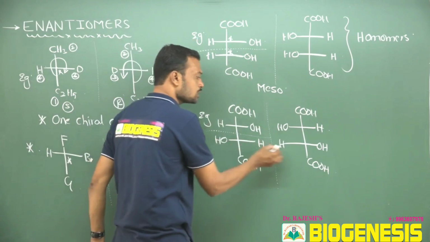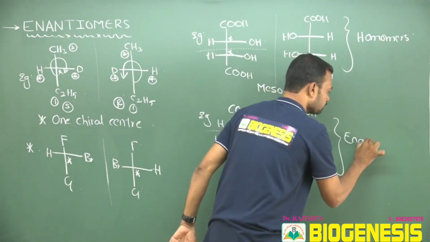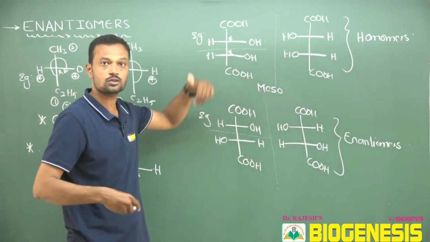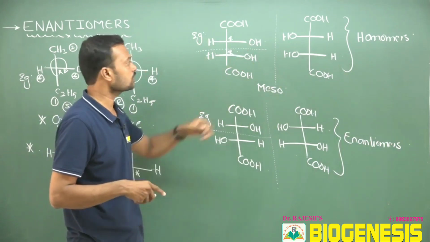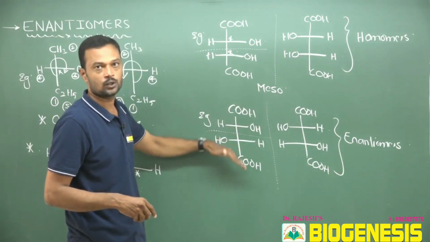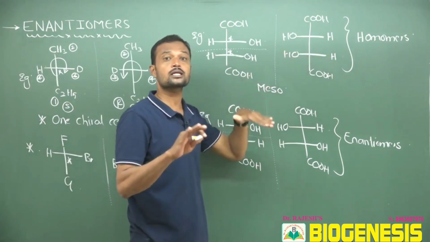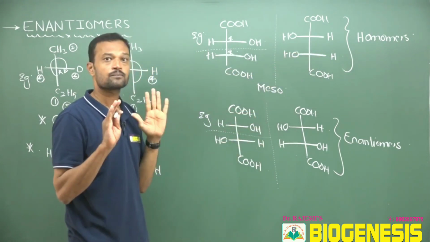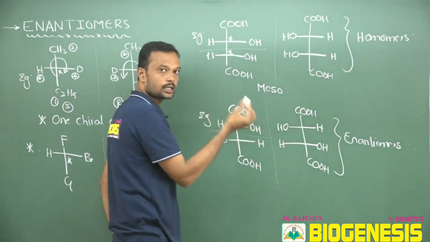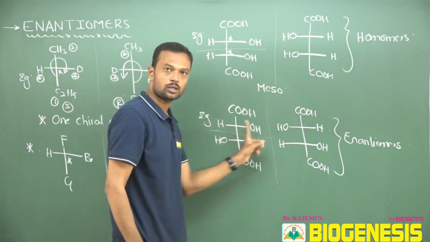What I am saying is, it is a mirror image, it is also a mirror image, and it looks completely like enantiomers, but they are not enantiomers. So what is the difference? Observe the symmetry present in this molecule. In this molecule, a plane of symmetry is there within the molecule, but here there is no plane of symmetry. So if any molecule carries a plane of symmetry, its image should not be taken as an enantiomer; its image is taken as completely homomeric in nature. So these two are homomers, identical isomers, meso. So blindly remember, meso image is homomer, active image is enantiomer.